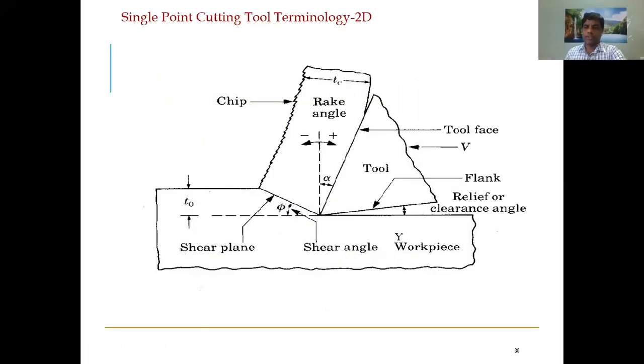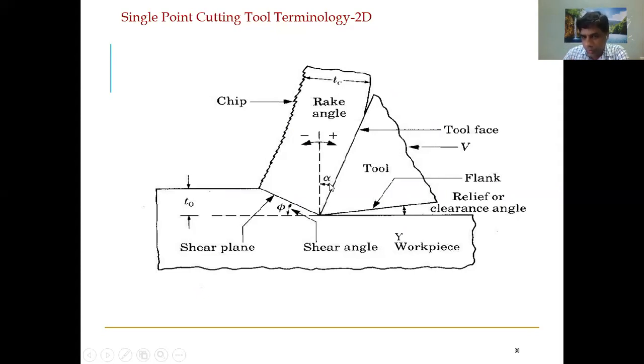So this is the next topic in this single point cutting tool. This is the typical single point cutting tool. You see, whenever you are inserting the cutting tool in the lathe, the material is coming out. This is the workpiece, the raw material, and this is the finished surface. Whenever the material is coming, you see this is the back rake angle.